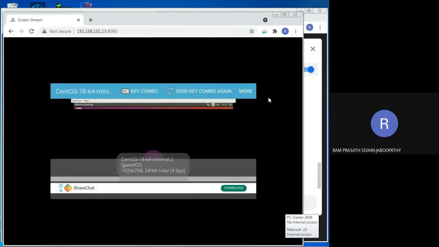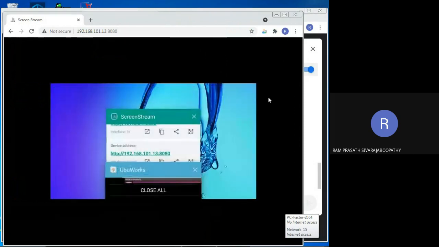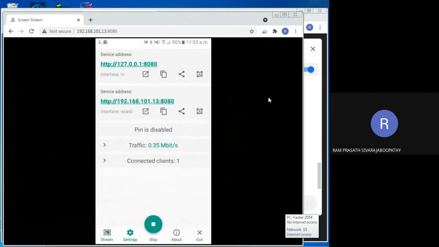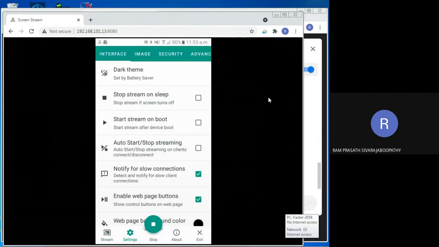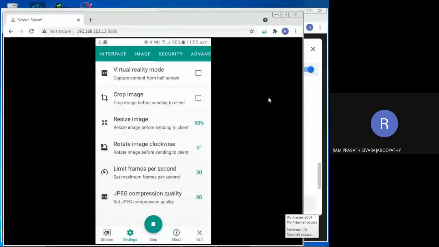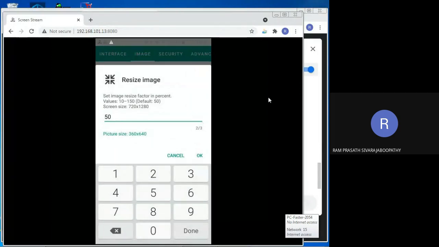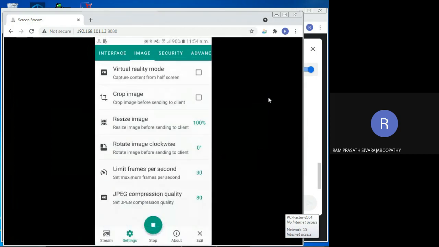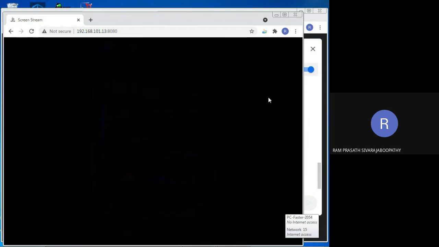Yes, wait a moment. In the settings, I can do my entire screen. Wait a minute. Yes, okay. So now you people can see my entire screen.